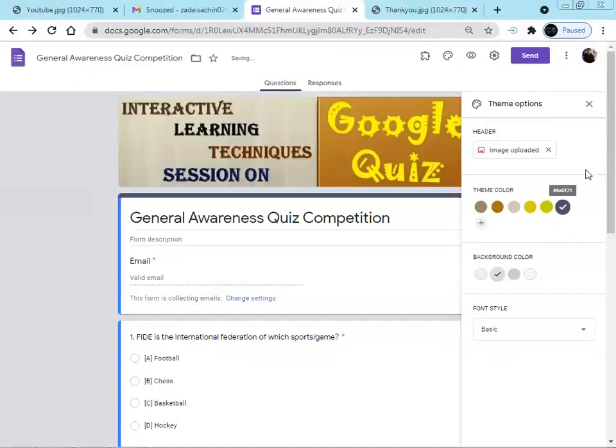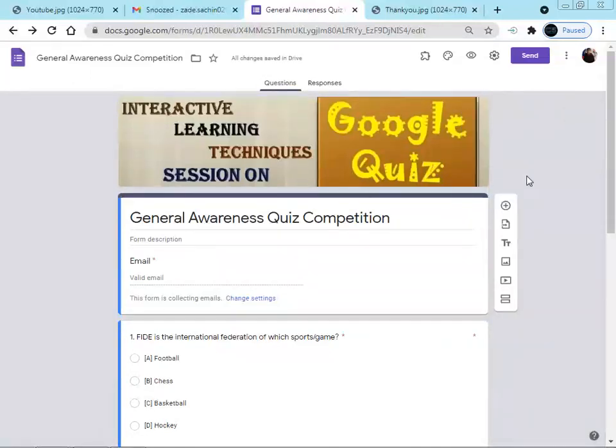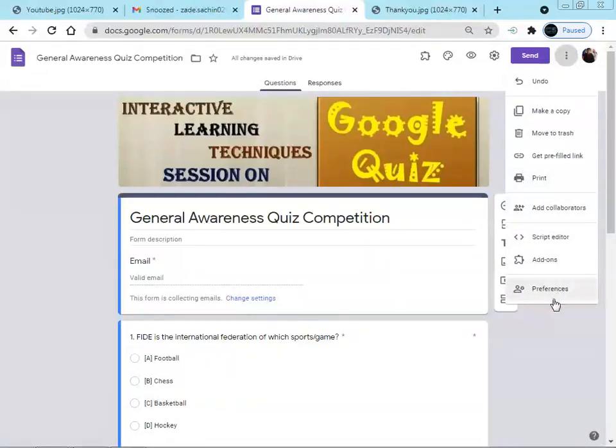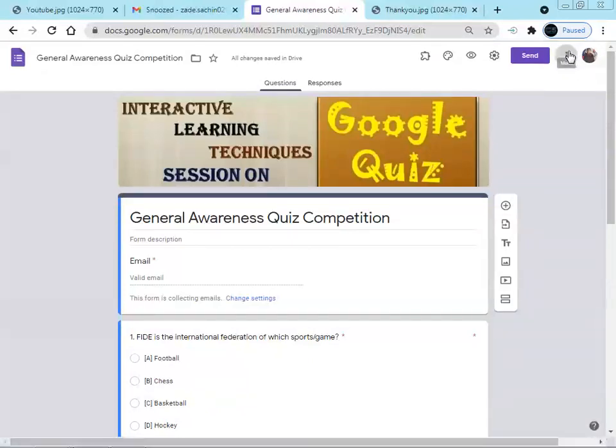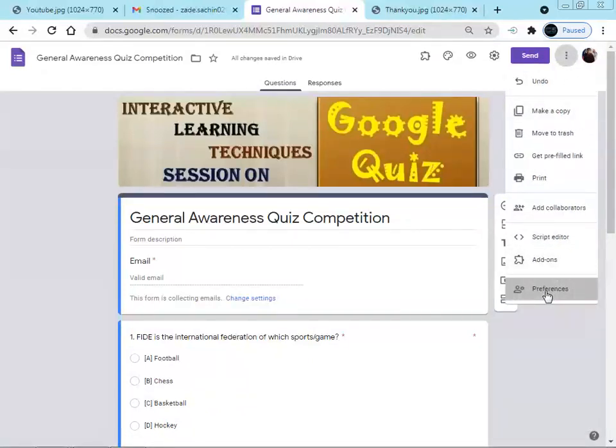Next, whenever we are creating a quiz competition with the help of Google Forms, initially we have to do one setting, that is with the help of the preferences, and that is available in this more option, in the preferences.